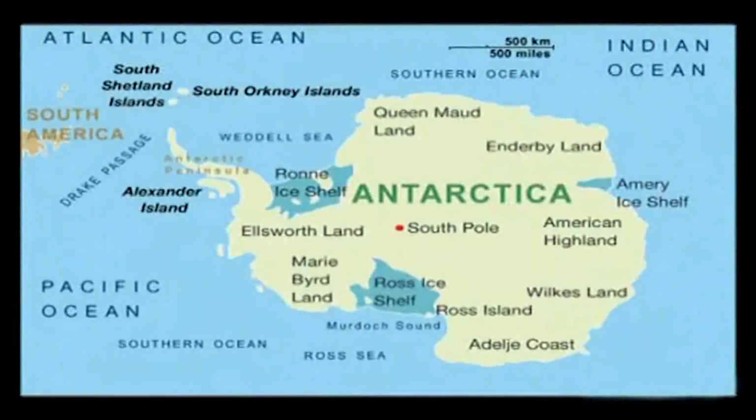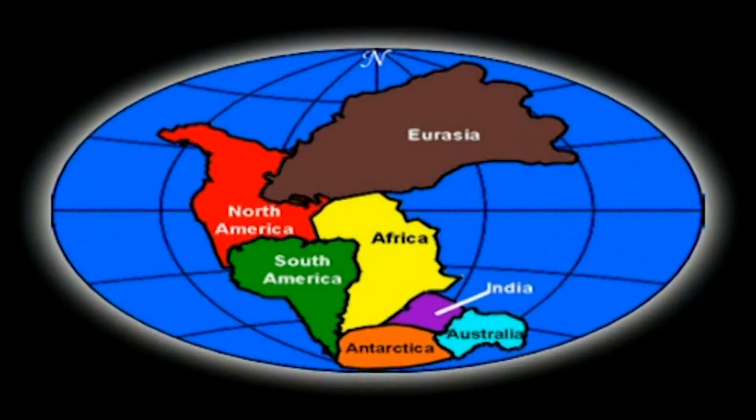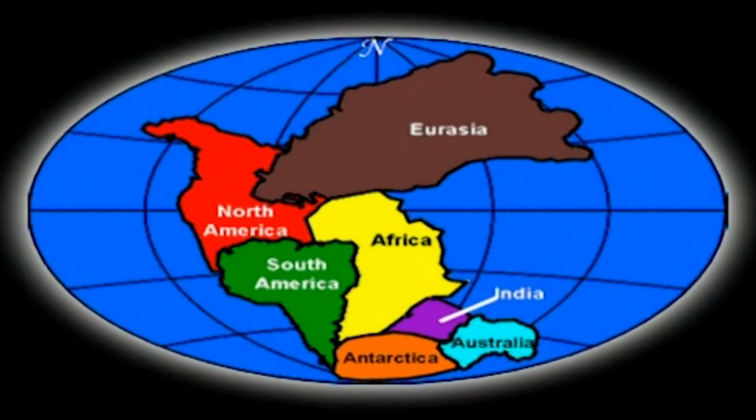Panthalassa word was derived from the Greek word meaning all sea. It was existing during the late Paleozoic and the early Mesozoic period. It included the Pacific Ocean to the west and north and the Tethys Sea or ocean to the southeast. It became the Pacific Ocean following the closing of the Tethys Basin and the breakup of Pangaea, which created the Atlantic, Arctic and the Indian Ocean basins.